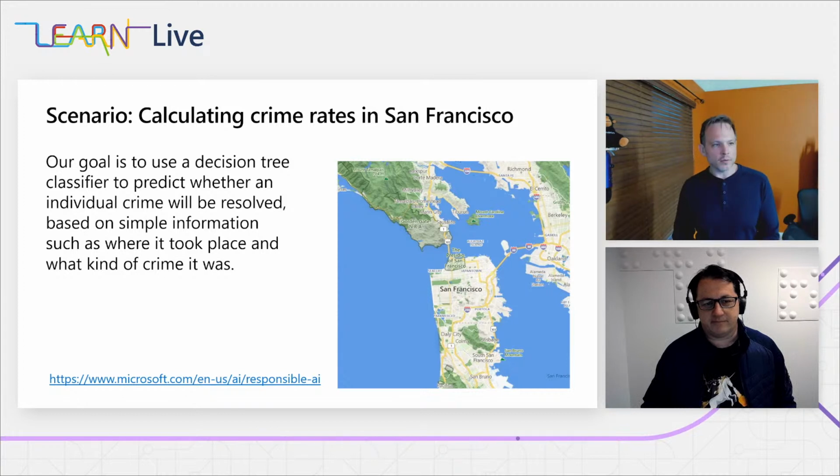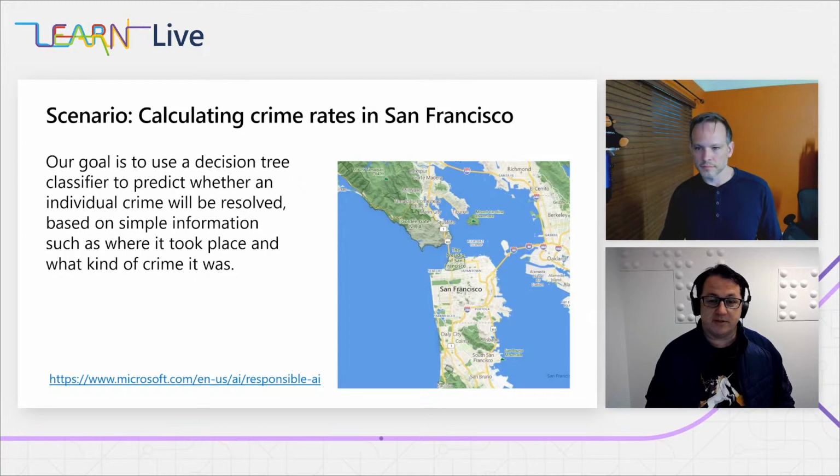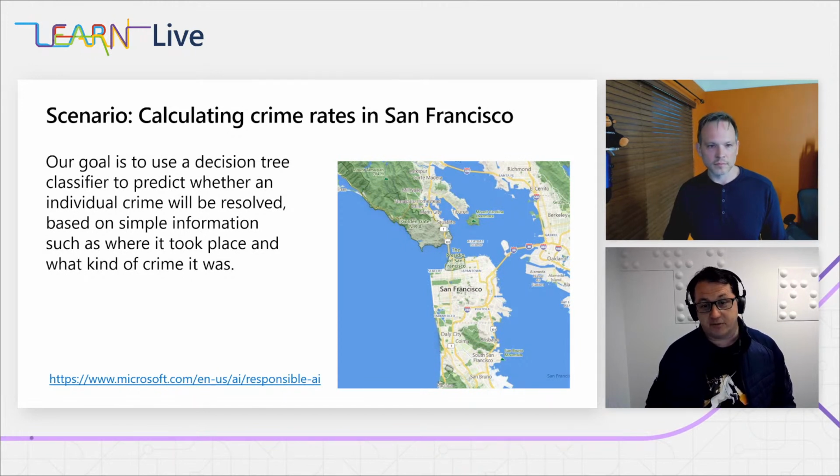And Glenn, why don't you tell us about our scenario? Right. So our scenario is based on some existing data we have on crimes that are committed in San Francisco. What we're going to use the data for today is to predict whether or not a crime will be resolved, so whether they solve the crime or not, based on things like the location, the time of day, and the day of the year, and all the data that we have. So we'll look at that data, do some cleaning and organization on it, and then use decision trees and later other architectures to see how we can determine if it's solvable or not,